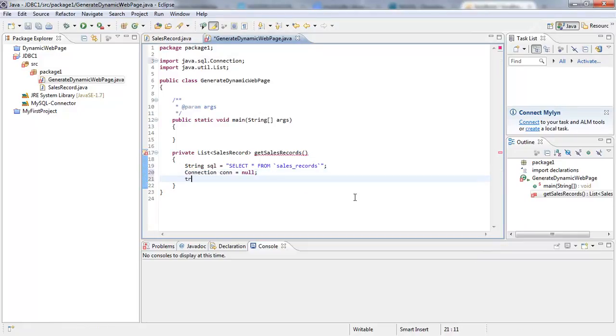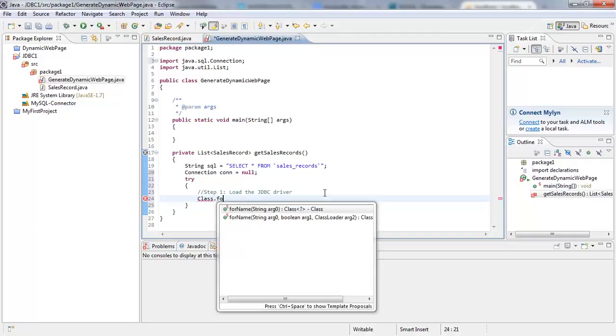So the try block here, I'm gonna open it up. Now there are 6 steps to doing JDBC, so I'm gonna comment each step I do so that you can easily remember to follow these 6 steps. The first step, which is step 1, is to load the JDBC driver. Okay, so that's the first step, and to do that we simply say Class.forName,